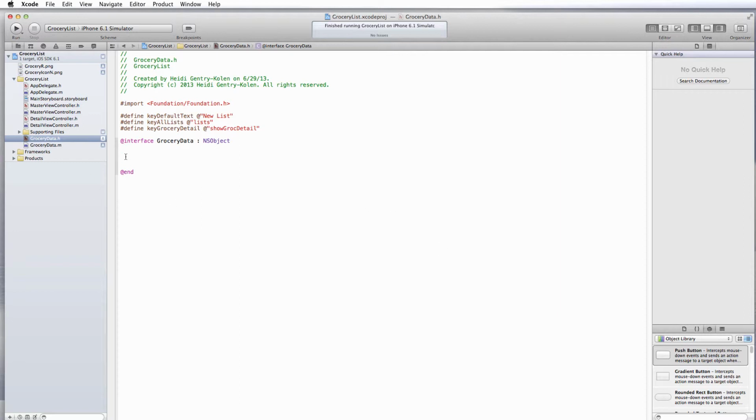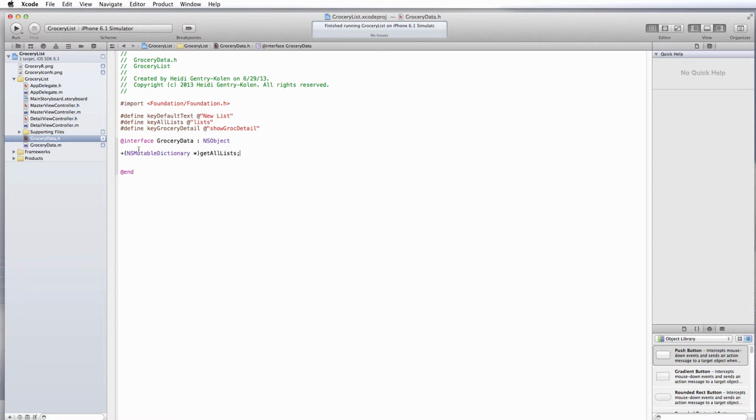Now these key value pairs are going to be stored in a dictionary. And so now we need to start writing our methods that will write our data and save it to the app dictionary. So what we want to start off with is go ahead and define a static method here and name it getAllLists. And again, we've got the code here. You choose the plus sign, and we're going to reference NSMutableDictionary.